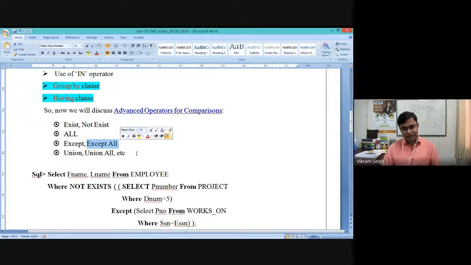That is what I used to suggest, because in interviews they also used to ask the complexity of these operators. So unless you have the basic idea of how this particular advanced operator works, you cannot write the expression or evaluate the complexity, right? Even in the examination it is preferred.